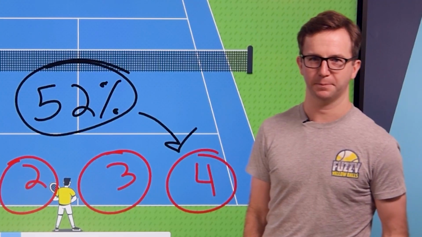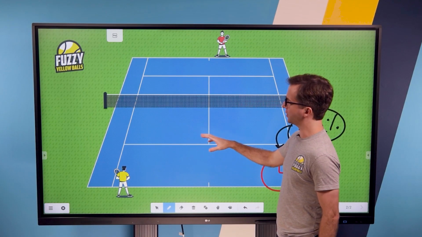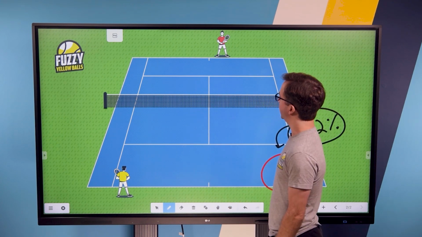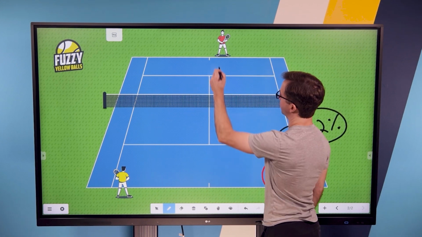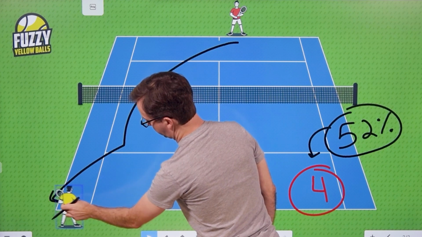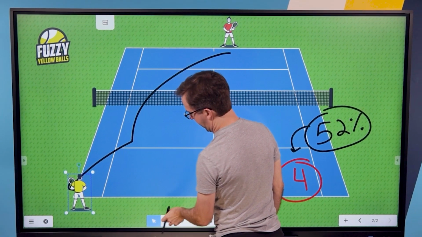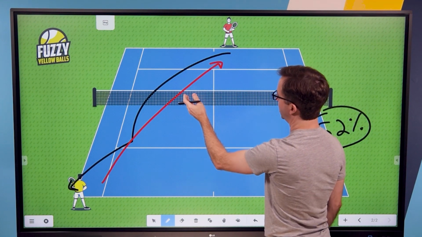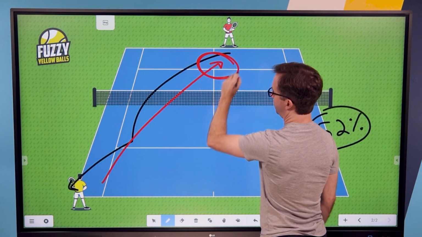Let me explain why. On the Pro Tour in the ad court, and this is like the go-to serve play in the ad court, you're going to get the server going out wide and pulling the returner off the court to their backhand. The return will come back probably somewhere in the middle here, and a ball in the middle